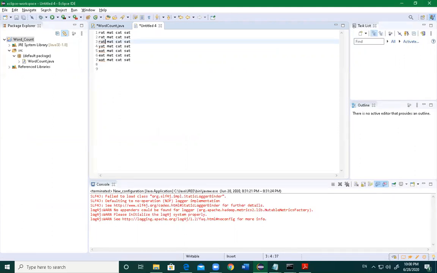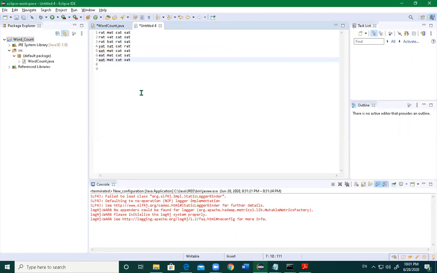Just slightly change the words. You can see that many different words are here. They are repeating, or they are simply unique words.